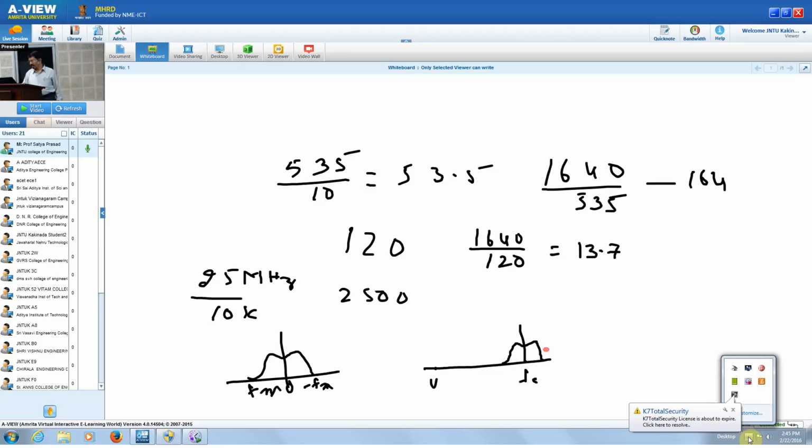So if you have your baseband signal, now what we are doing is, we are shifting it up around FC, up around, we are changing to